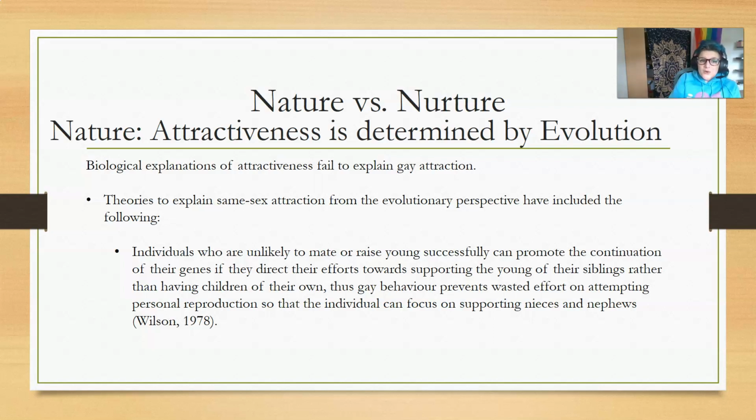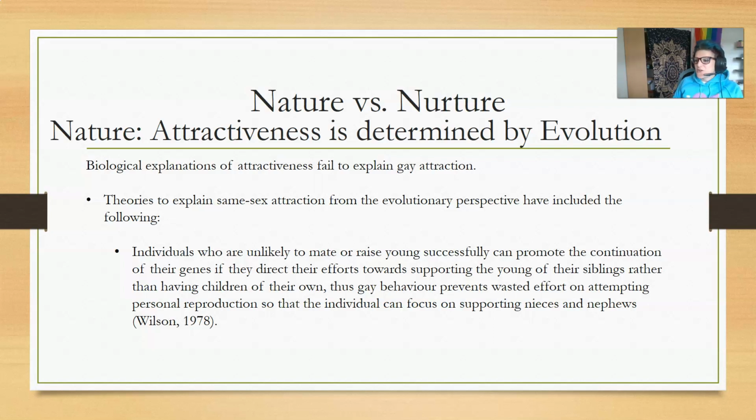So basically, according to the evolutionary perspective, if you are a weak male or female and therefore wouldn't be particularly efficient at raising young, you give up on the concept and decide to dedicate your time to promoting your bloodline by looking after your nieces or nephews instead. Now, again, this isn't a particularly politically correct or inclusive perspective, but it is one of the several explanations for homosexual behaviour and gay attraction